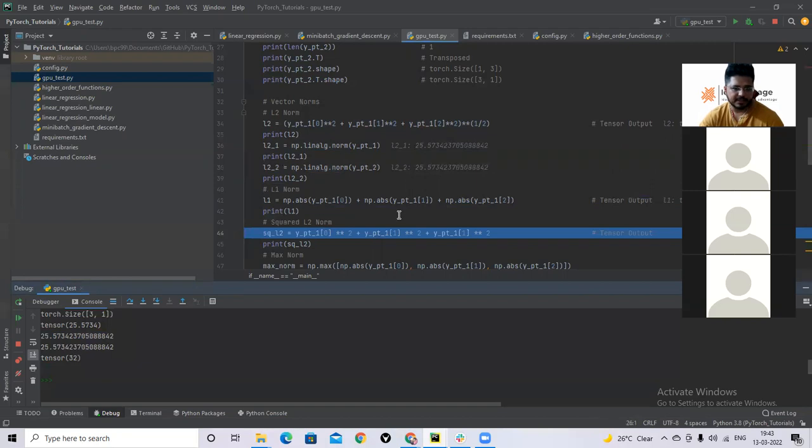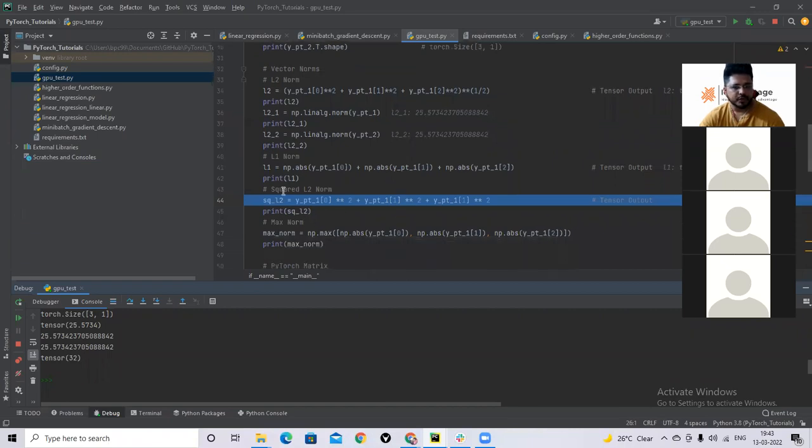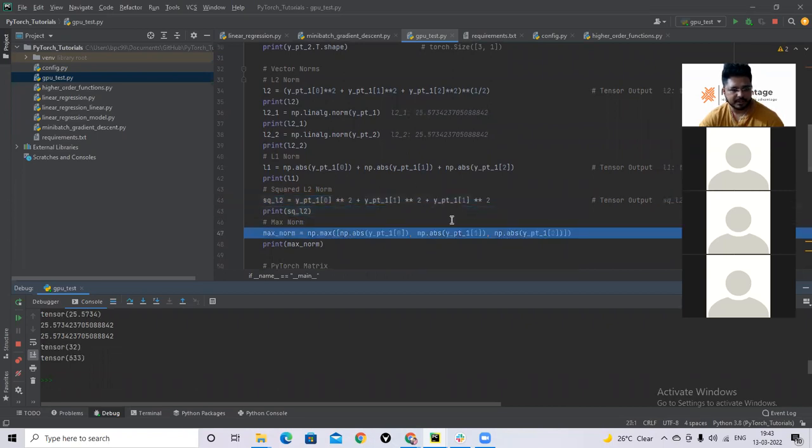If they are not mentioning the norm name, then it is L2 norm by default. Otherwise, they will mention the name, whether it is L1 or squared L2 or L2. The squared L2 norm is the same as the L2 norm, just the root is not taken, so it is a little bigger value.